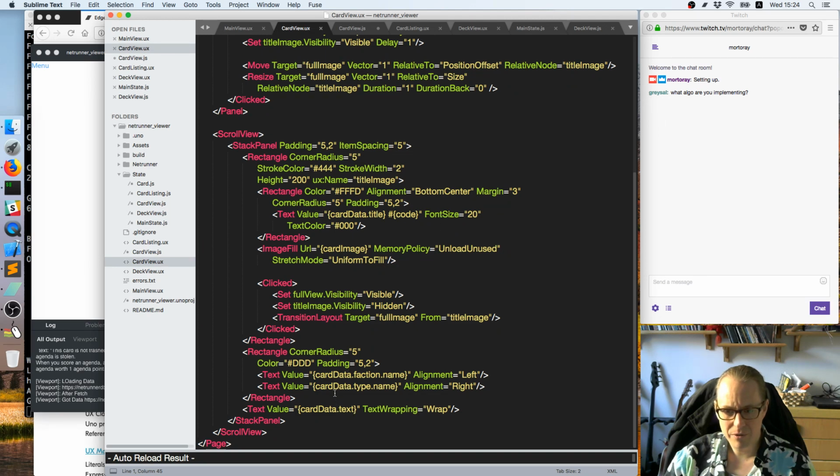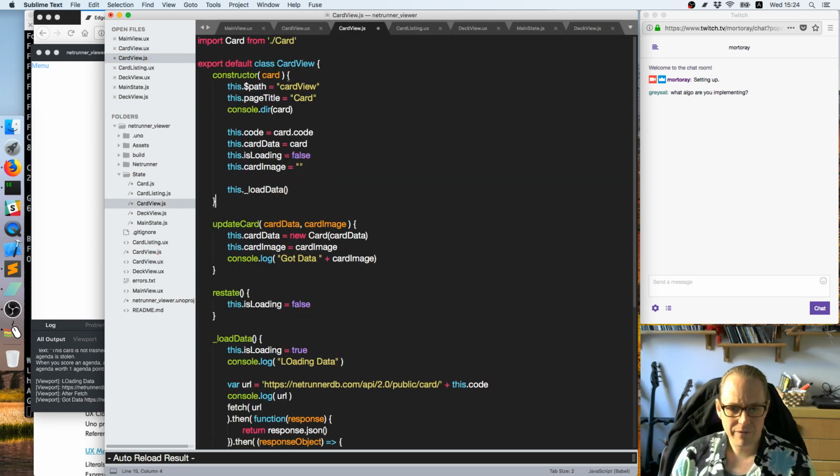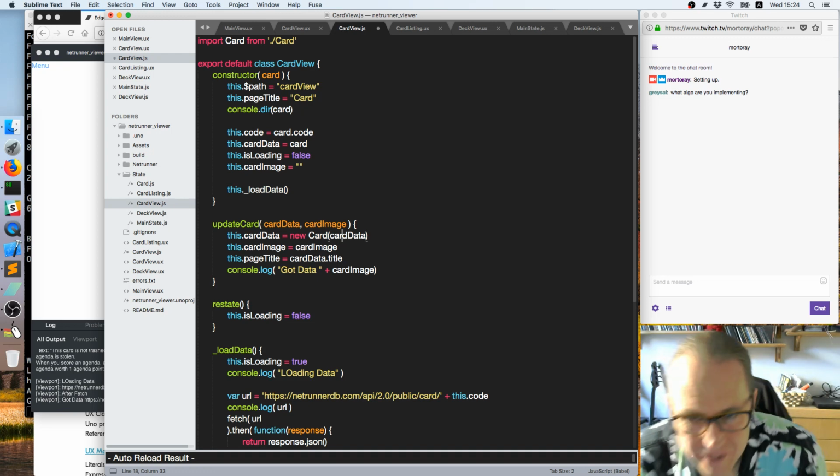Card data.type.name.faction.name. Card image. Where on earth am I showing the title? Text. Card data.title. Okay, there it is. So when we have this, should be fun. this.pageTitle equals cardData.title. The reason I'm binding this all in JS is so that we can